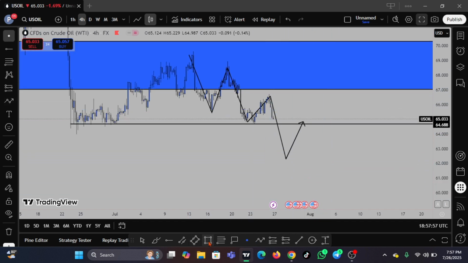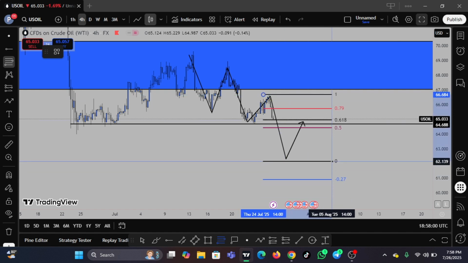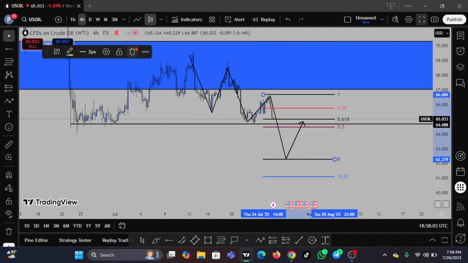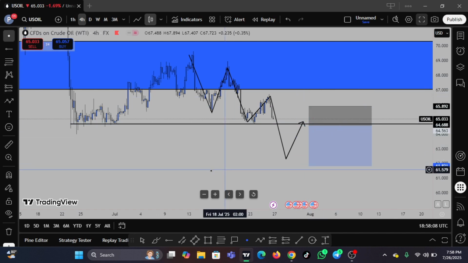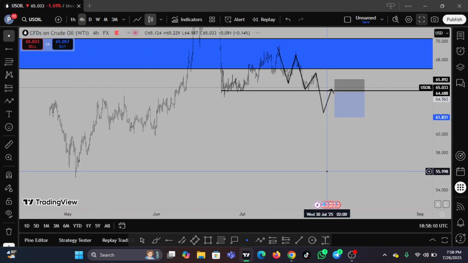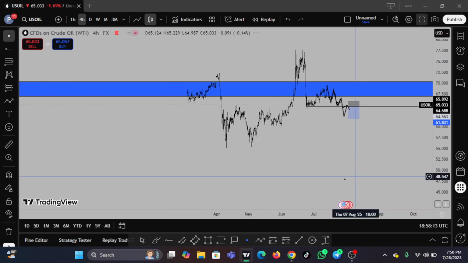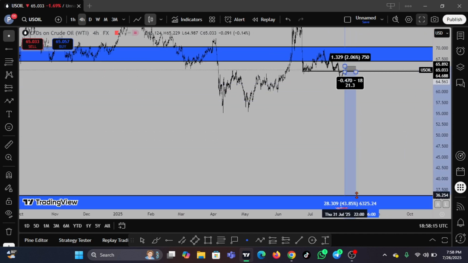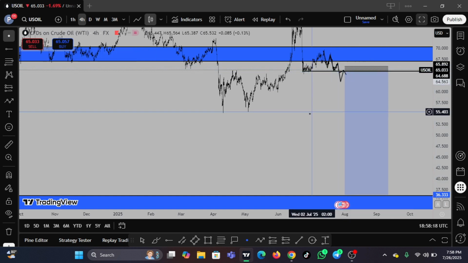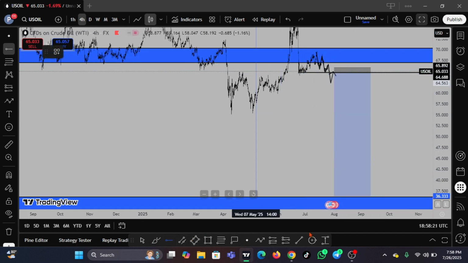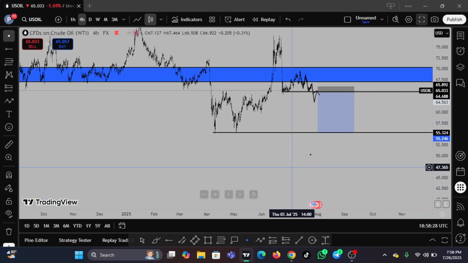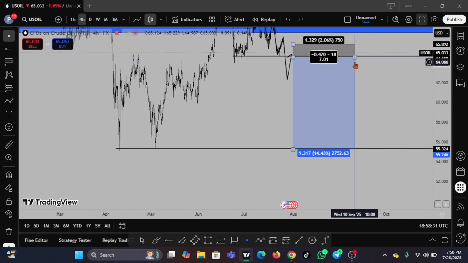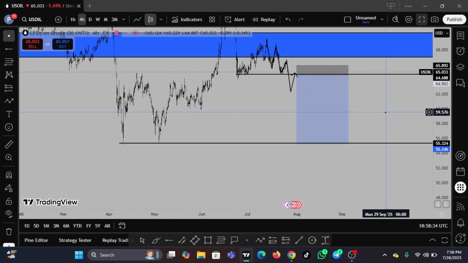So if we break below, we may use the Fibonacci to get our entry somewhere around here, and I'll be looking to short US oil when I get my trade opportunity. Expecting a massive collapse on US oil, but I may not be holding this far. I may just look to target this last point, which is a 7R on US oil.